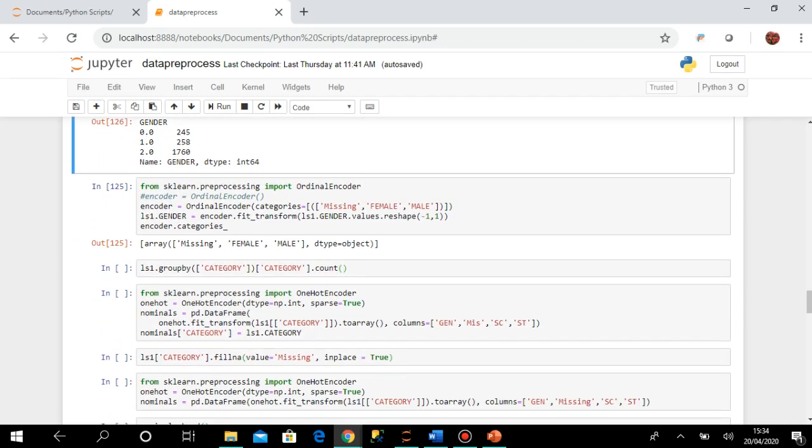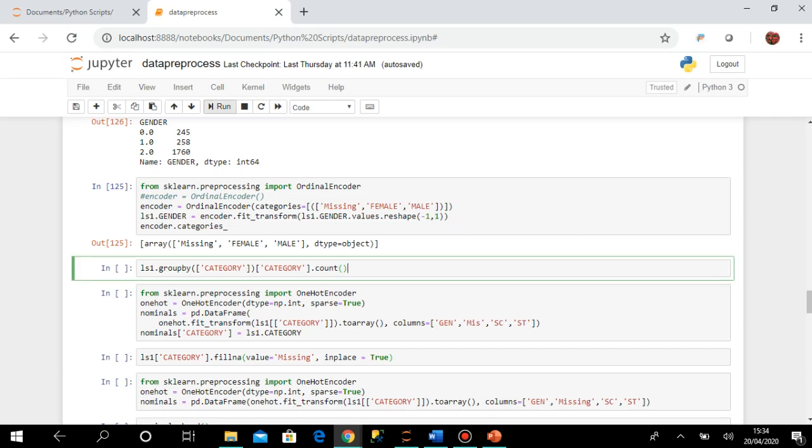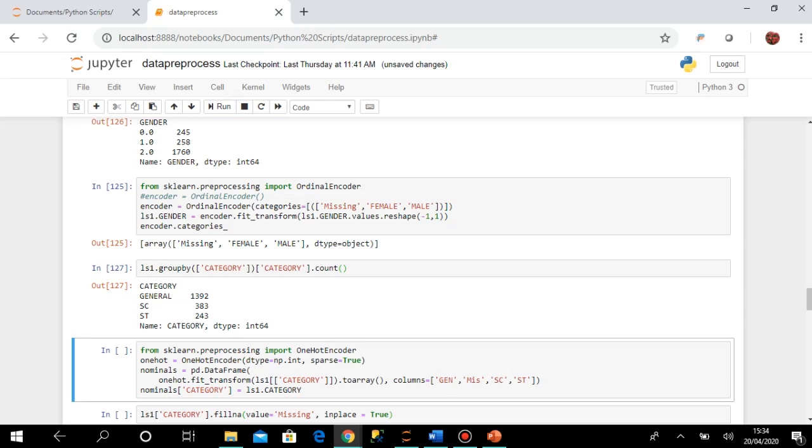Now I will take the category column. There are 3 categories: general, SC and ST, and this is the number of records. As I told you, for even gender or category you cannot order the records like 0, 1, 2, because they are not ordered columns.